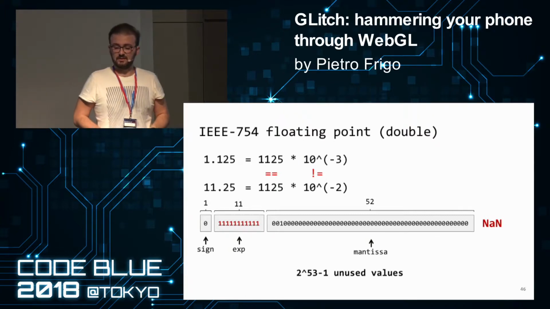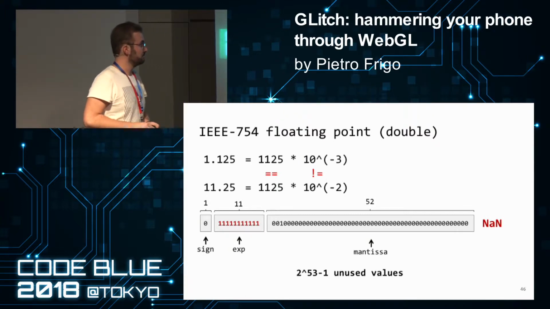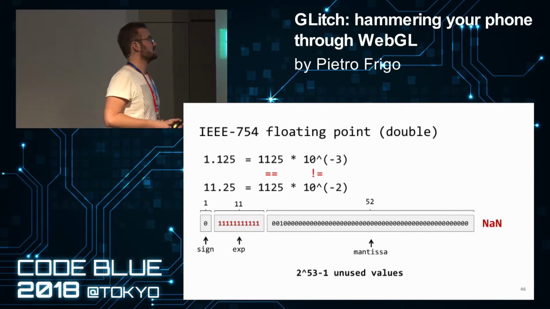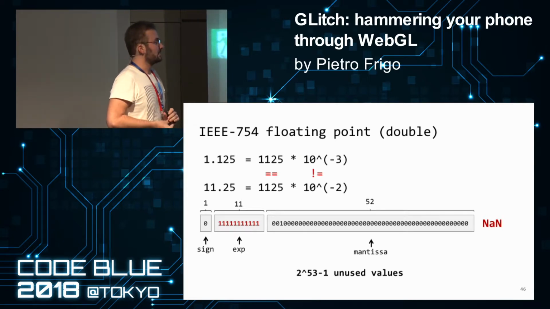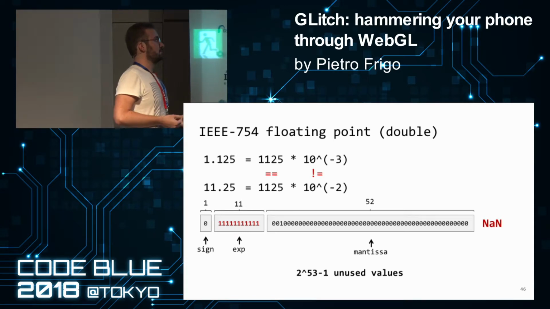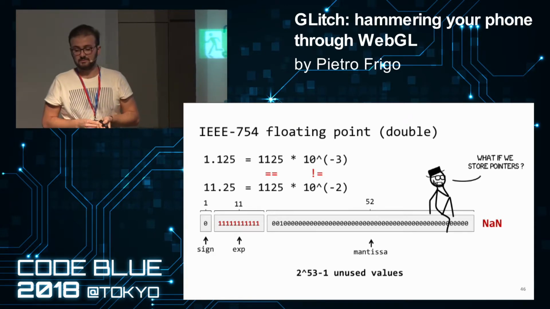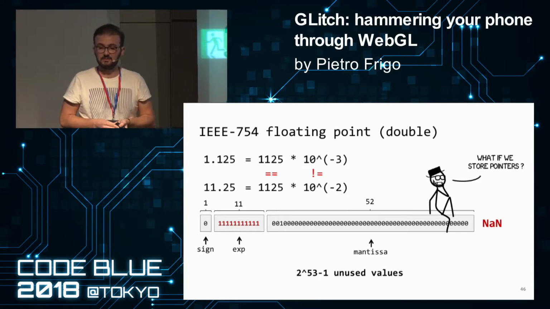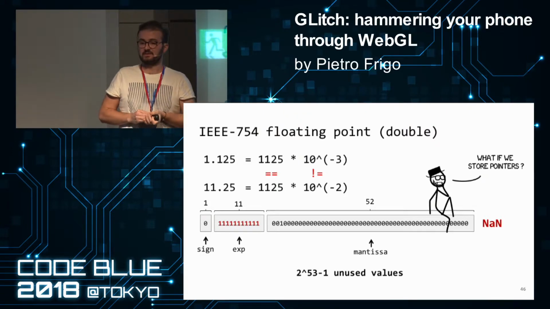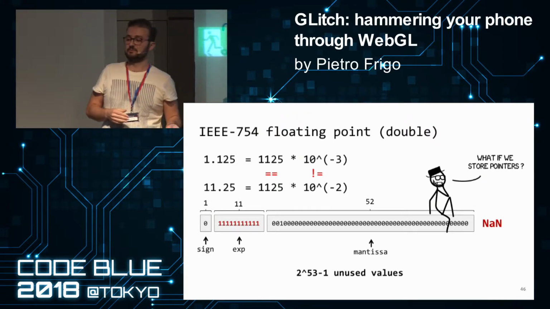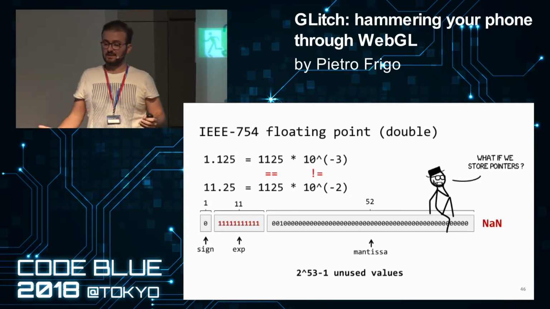So this means that you have 2 to the power of 53 minus 1 unused values in the same encoding. And clearly, smart people thought, well, what if you actually store pointers in there? So why don't we use this encoding for the browser to store pointers, and then we can use the same value to still store numbers and